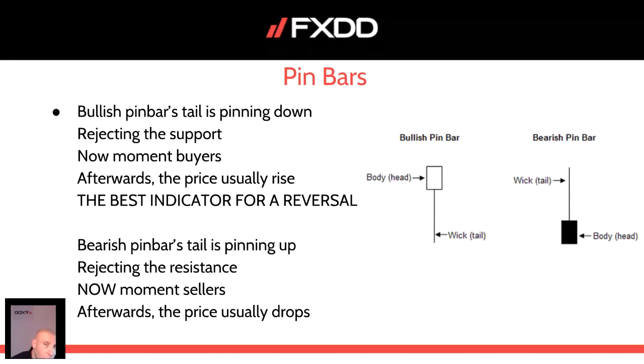In contrary to a bullish pin bar, a bearish pin bar has a black body. It's pinning up, so you have a pin to the upside. We usually see momentum sellers now, and usually afterwards the price drops. Now I will switch actually to